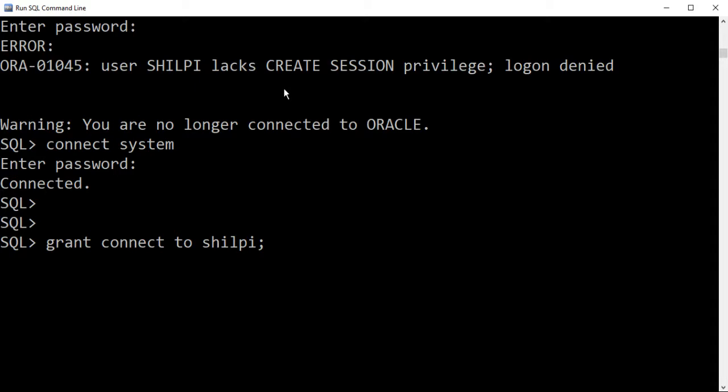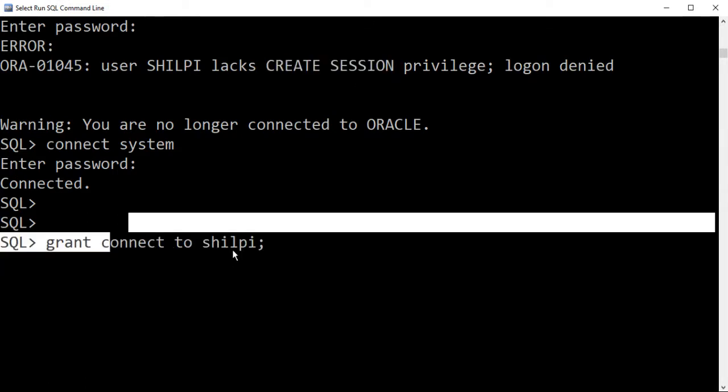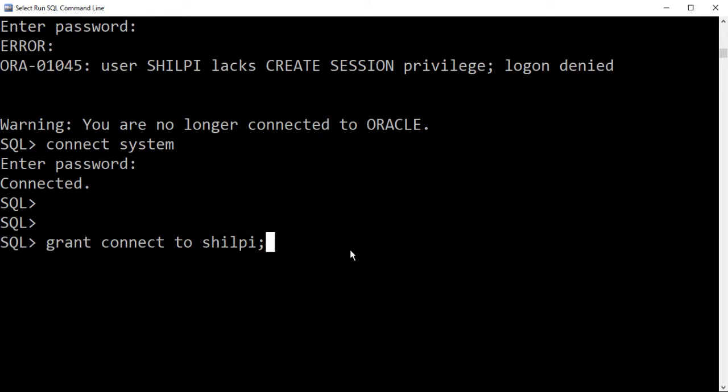So I can use either of these privilege names. As the privilege name is create session, I can write grant create session to username, or I can write grant connect to Shilpi. Both commands have the same function, because they grant the new user permission to connect or log in with the system, with the newly created username and password.